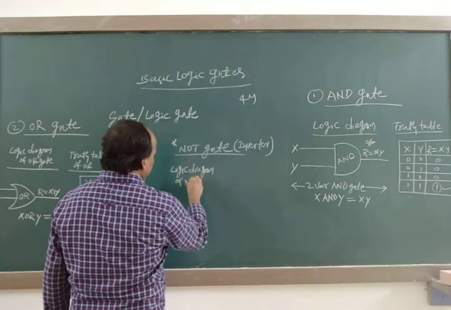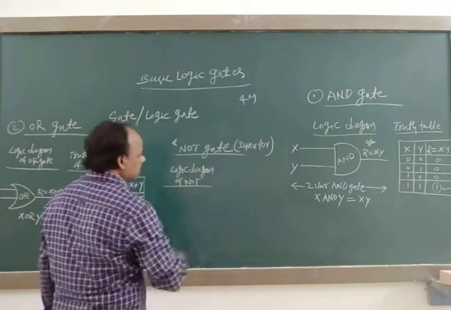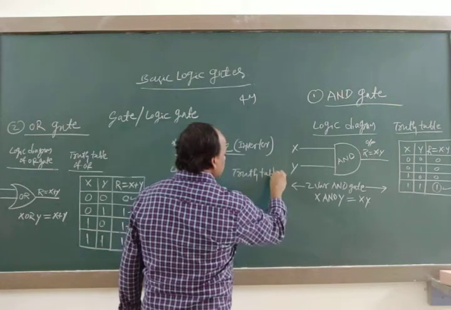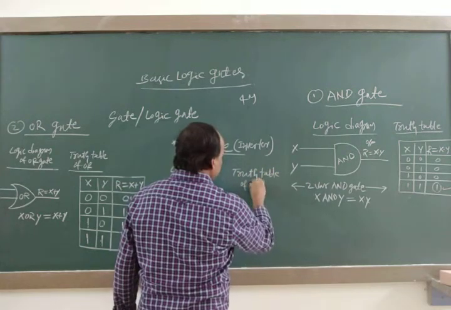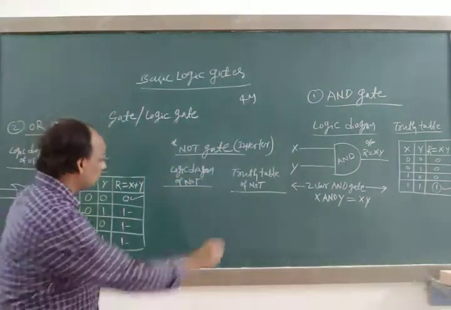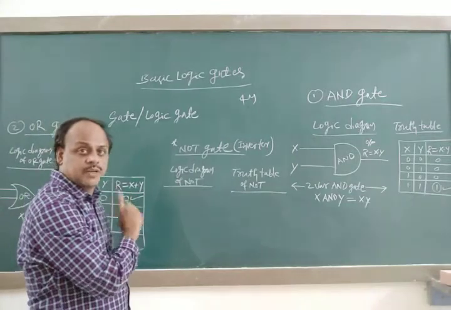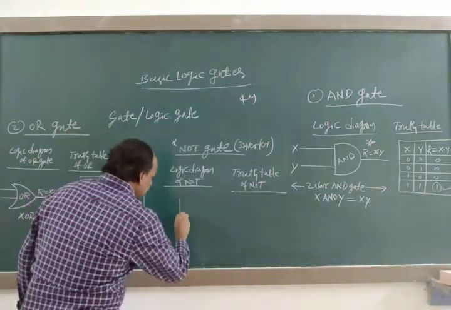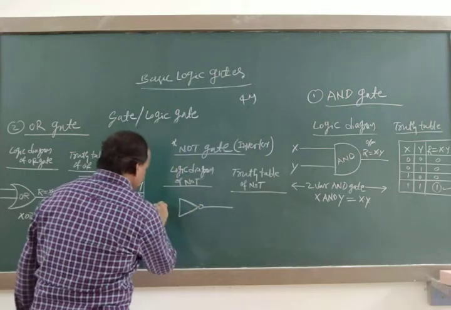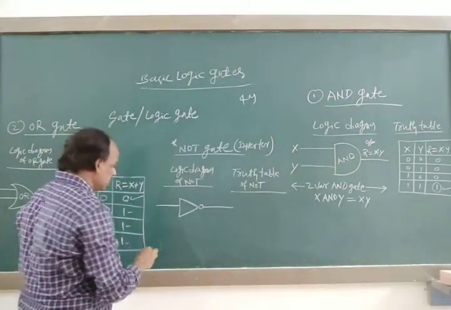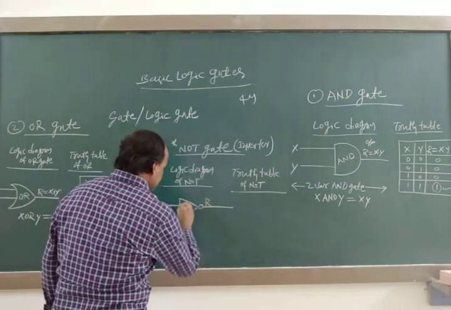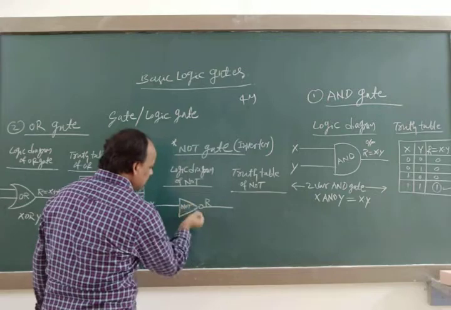Logic diagram of NOT gate. Consider the truth table of NOT gate. First see the logic diagram. It is a special gate because it has only one input. That's why if X is the input, the resultant expression, this is the NOT gate, right here NOT,